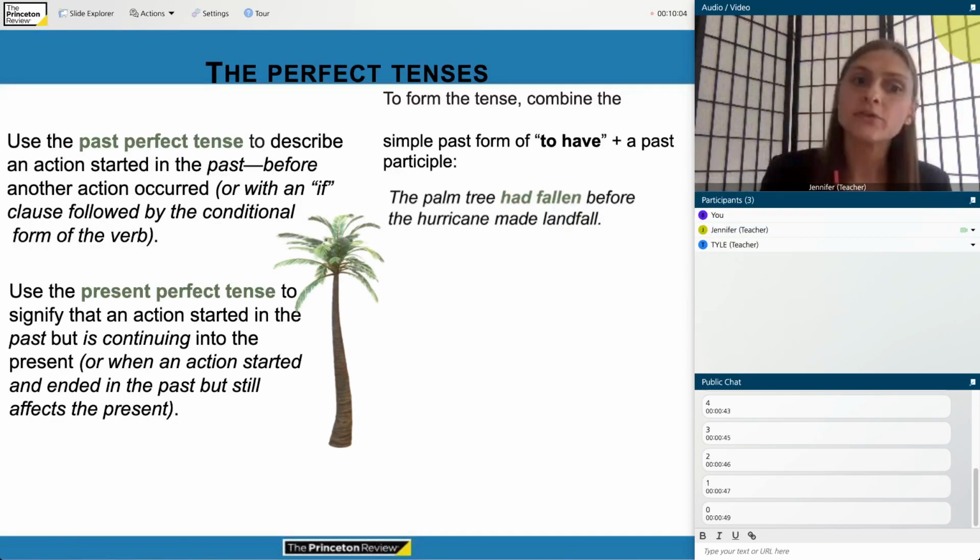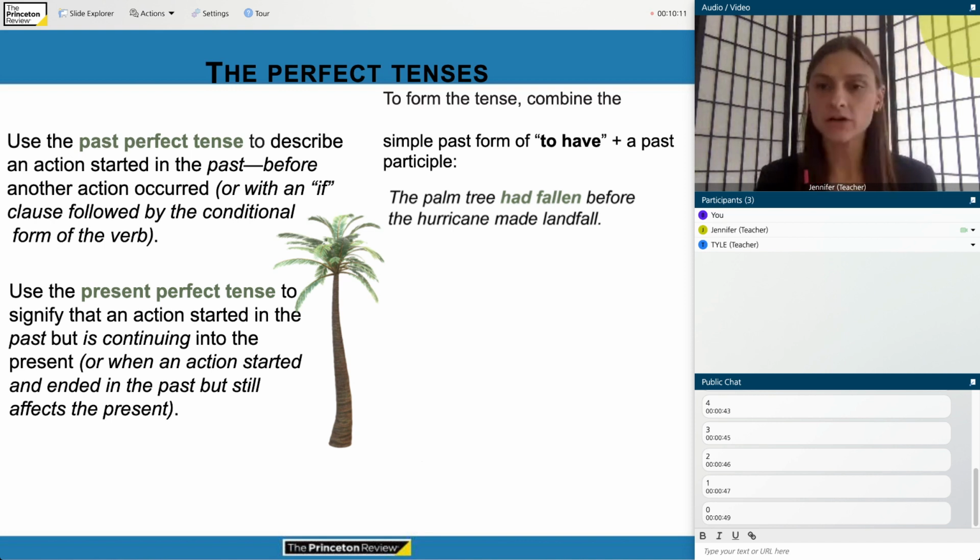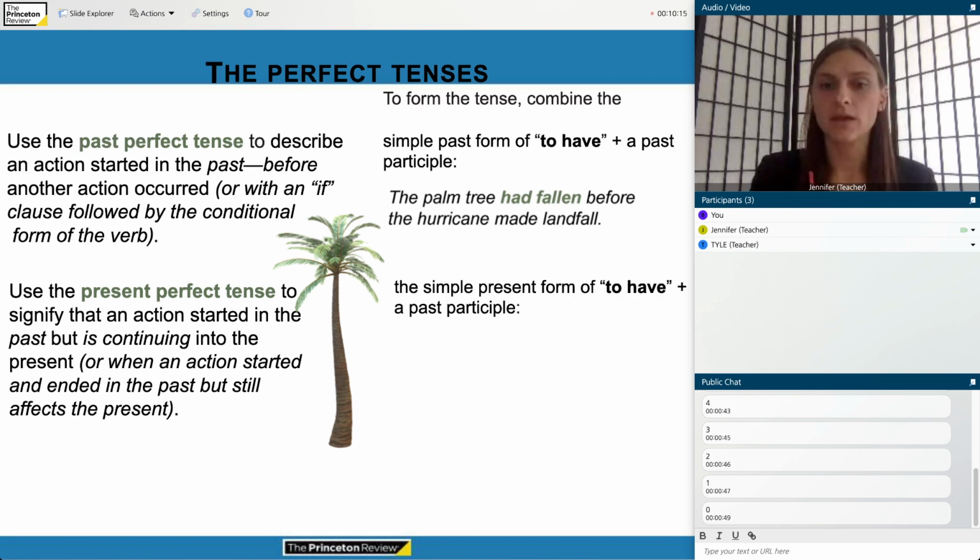To use the present perfect tense, you can talk about some action that started in the past and is still going in the future. And this is going to be formed with the simple present form of to have and a past participle. So I have seen a palm tree. I've seen many palm trees. Now, if you think about how is that different from the past simple,